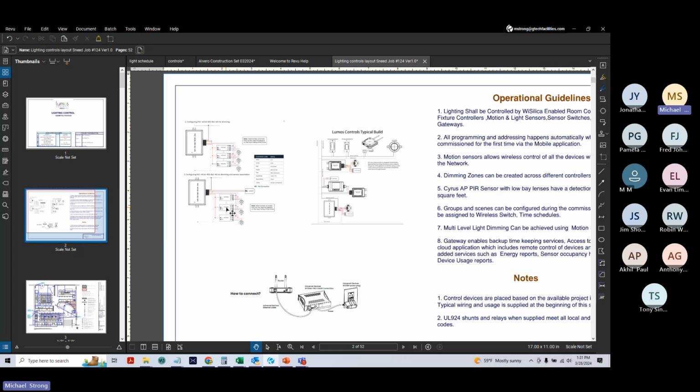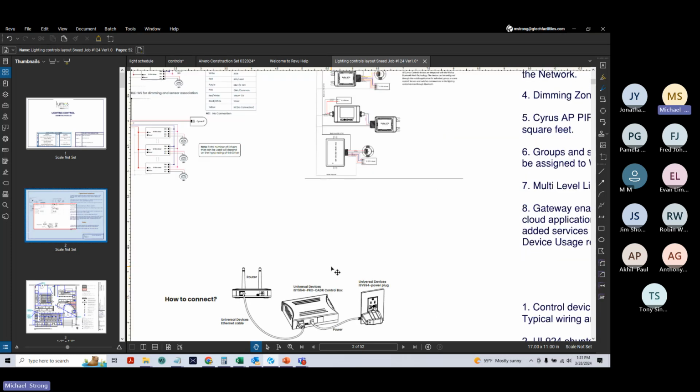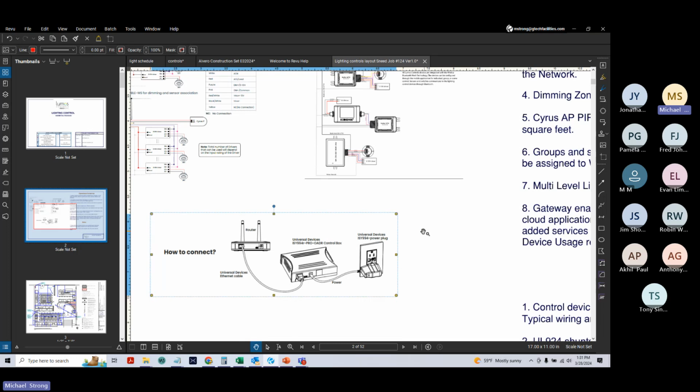Our zone controllers connected to lights. And in this particular project, because it's built to the 2022 energy codes, we had to provide an open ADR gateway. So ADR 2.0 and above